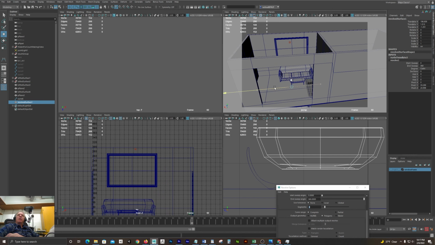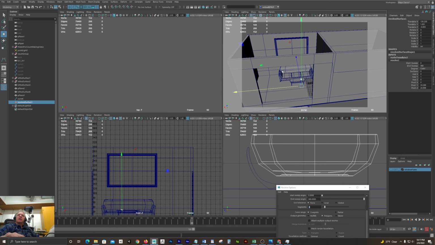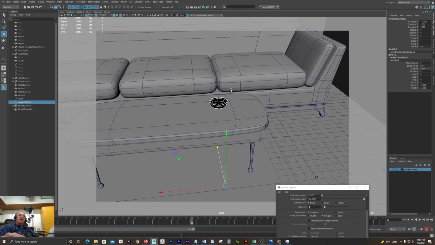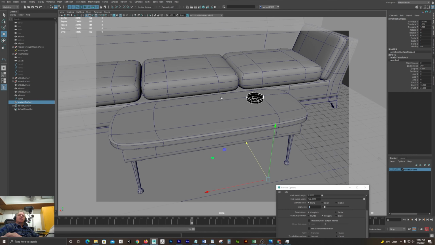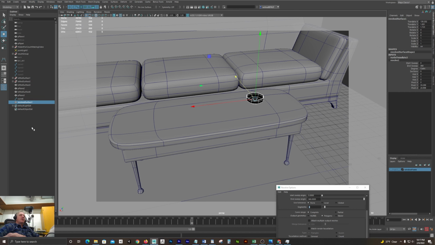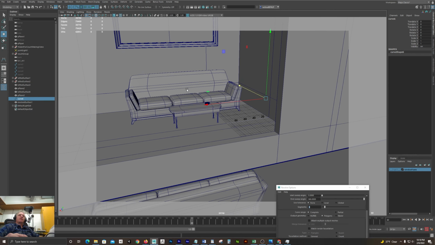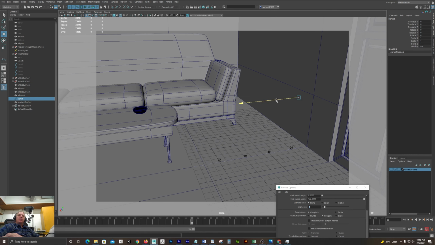Pull it out of the wall. Whoop, I've got curve snapping still on, so let's turn that off. There we go, click it off right there. Pull it till it's on that coffee table. And I'm going to center its pivot. Now here's a fun thing. This would have worked with the picture frame before I deleted history. I'm going to grab